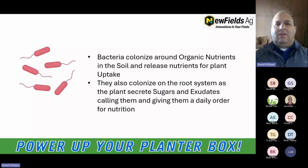The bacteria that are in the soil break that apart, and you end up with H2PO4, which is plant available phosphate, and CO2. And that process, depending on the levels of bacteria in your soil and the quality of the bacteria, is how well that's working. And it also has a lot to do with your farming practices. I don't have enough time to go into all the soil chemistry that goes on, but